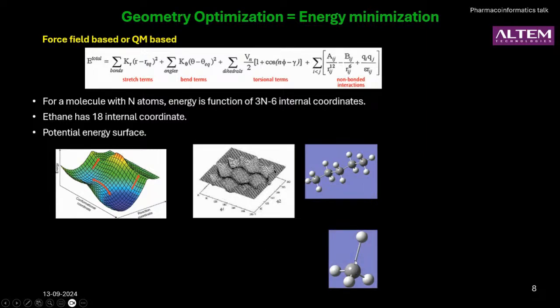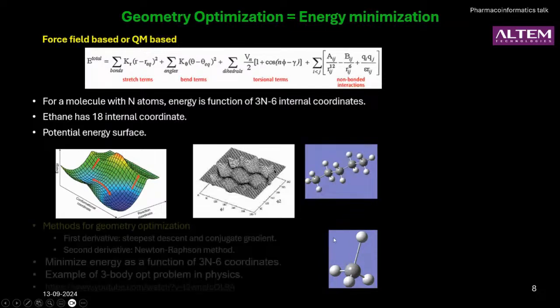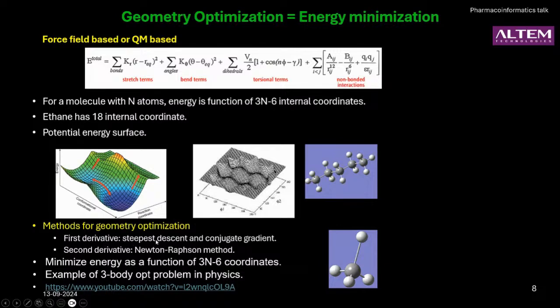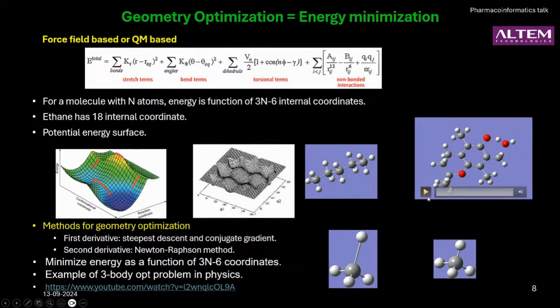For example, you might immediately recognize this molecule as methane, looking almost like methane, but something is wrong with it. That is the carbon hydrogen bond distance. So once we apply optimization methods like the first derivative, steepest descent or conjugate gradient, then there are other second derivative methods, and more useful information about how to think about optimization you can find on YouTube. Once we apply those optimization algorithms, we get the correct structure. Similar calculations you could do on bigger molecules, and you might see how the molecule is rearranging itself as it tries to find the optimum geometry of lower energy.